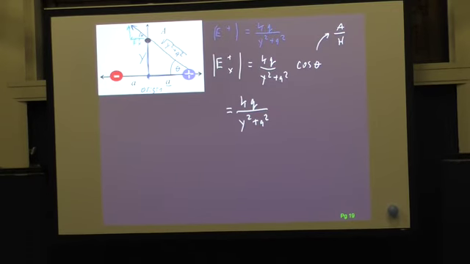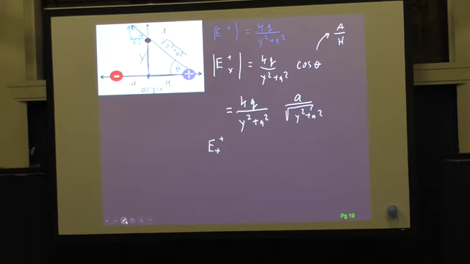Now, A over H. If I look at my diagram here, this is the theta. I want adjacent over hypotenuse. The adjacent will be the A, and the hypotenuse will be this. So it gets pretty ugly, but again, it's just our trigonometry. So the hypotenuse is the radical of y squared plus A squared. Now if I clean this up a little bit, I get that the positive